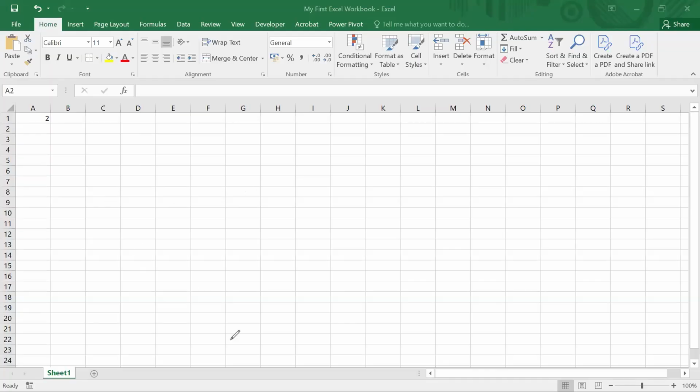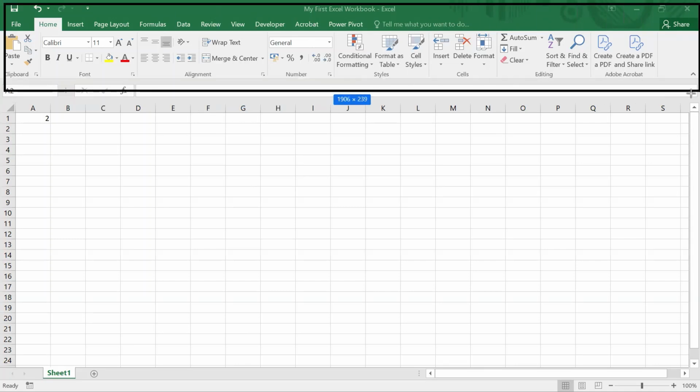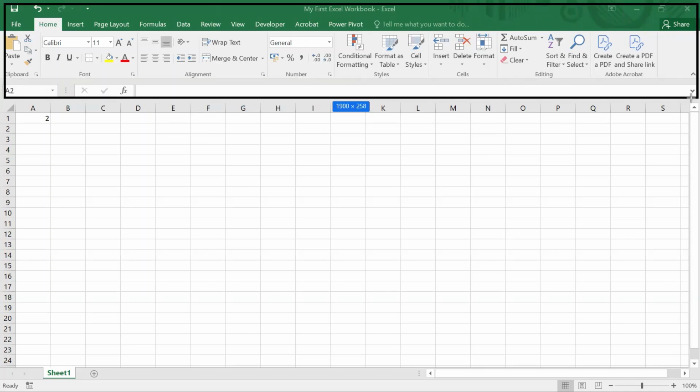So as I said earlier, there are two main components or two main pieces to this entire Excel sheet or the Excel workbook that you get. The first is your ribbon. This part is your entire ribbon part.